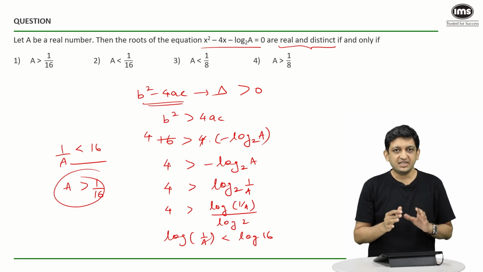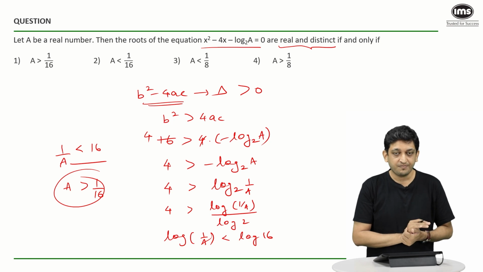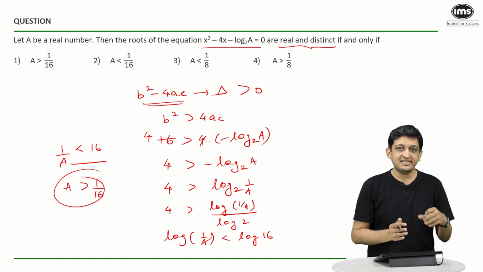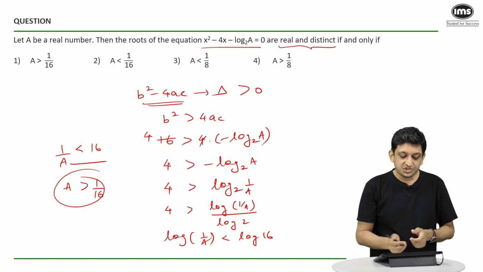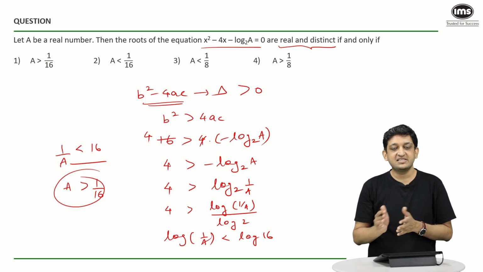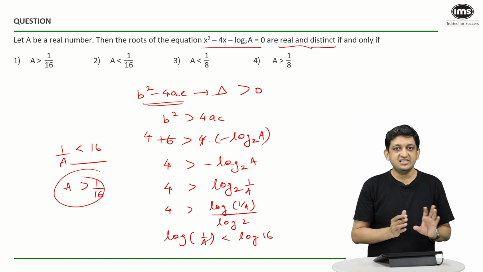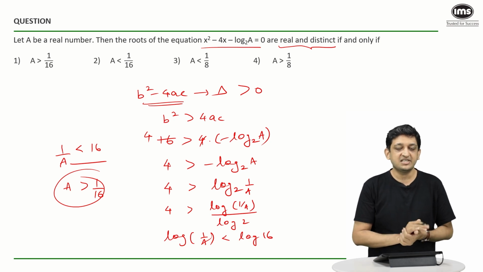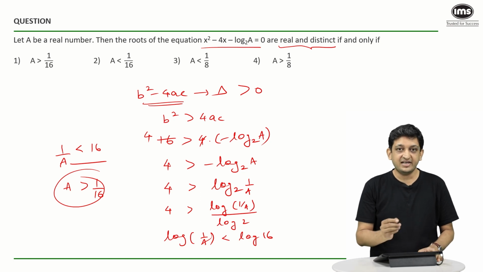Now what you can do is you can just try out a few numbers if you are not very sure of whether the inequality will change or not. So what you can say is, let's say if a is 30, does it hold true? Yes. If a is 30, then 1 by 30 will be less than 16, fair enough. So a has to be greater than 1 by 16 will hold true in that case as well. So you can maybe take a couple of values and see if it holds true. If it does, then that is basically going to be your inequality. So in this case, the correct answer is going to be a greater than 1 by 16 or option 1.